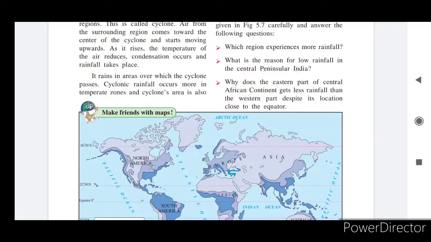Why does the eastern part of the Central African continent get less rainfall than the western part, despite its location close to the equator? So in the eastern side of Central Africa, we can find less rainfall, and in the western region there is